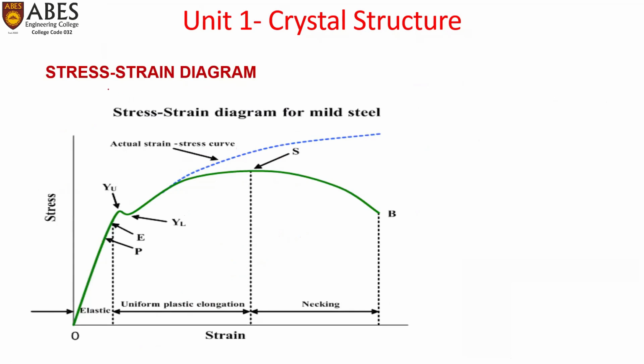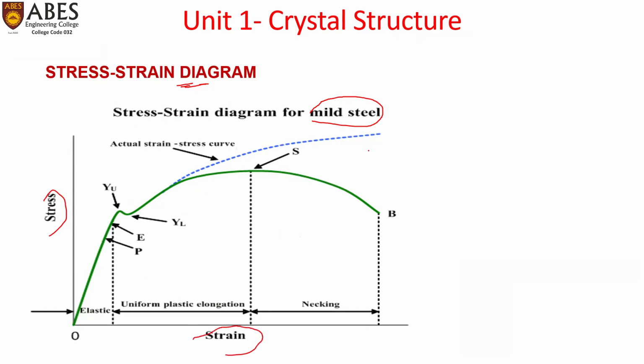Now, typical stress strain diagram. Let's evaluate the stress strain diagram which we receive from a typical uniaxial tensile loading test. So, a stress strain diagram for mild steel. Let's assess this first. If we plot a curve where the y-axis would be stress and the x-axis would be strain,